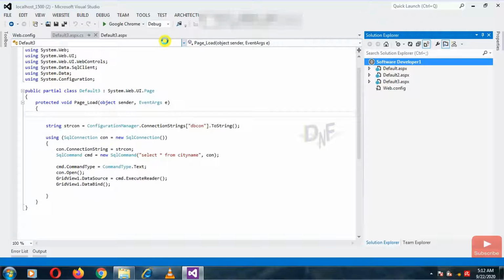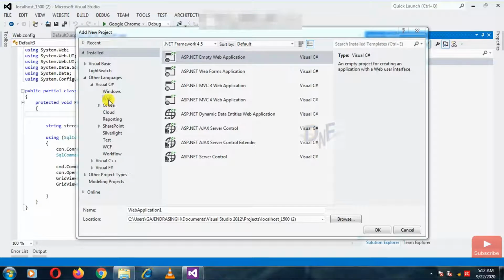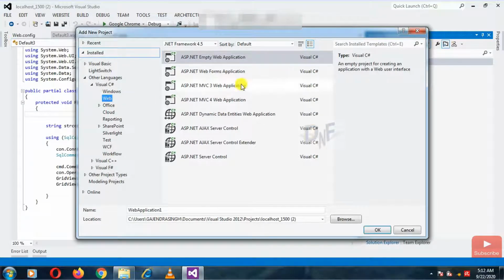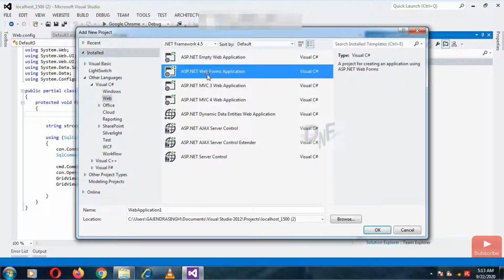So I am going to convert it. First of all, I have to add an ASP.NET web application project. I'm just adding a new project. You can see there is the option Web, and in the web options you can see there is a Web Forms application.